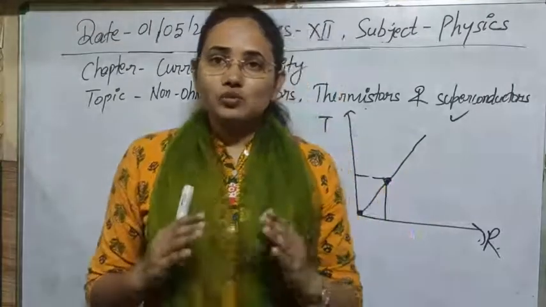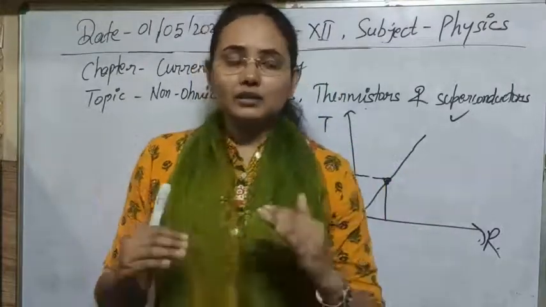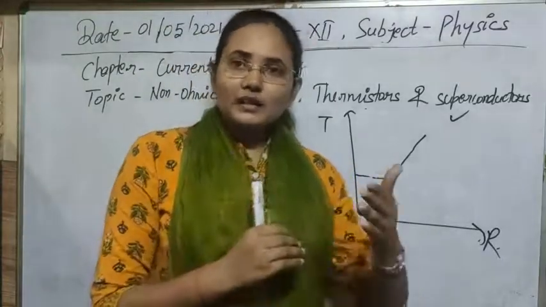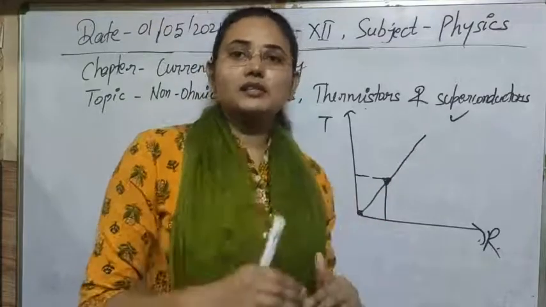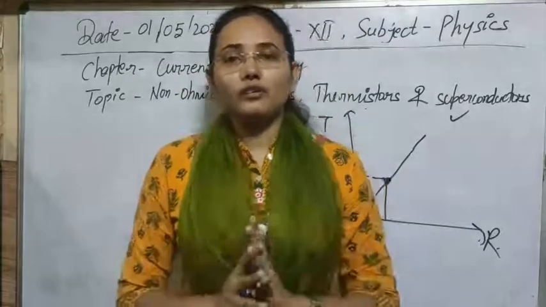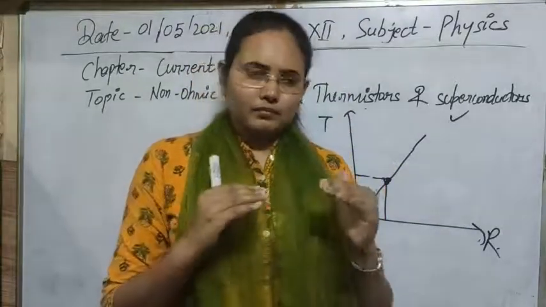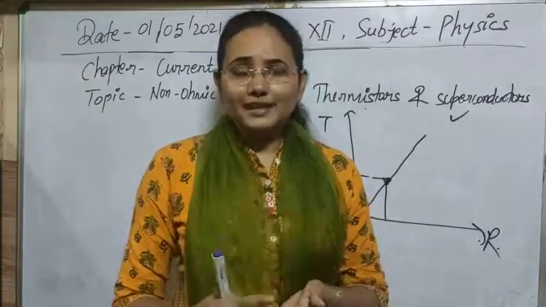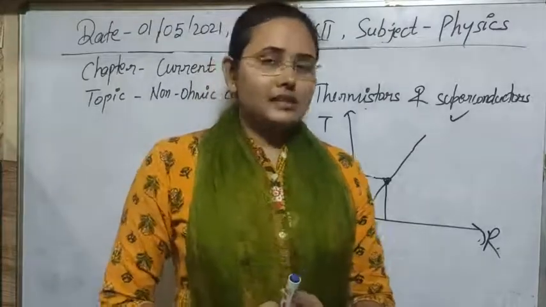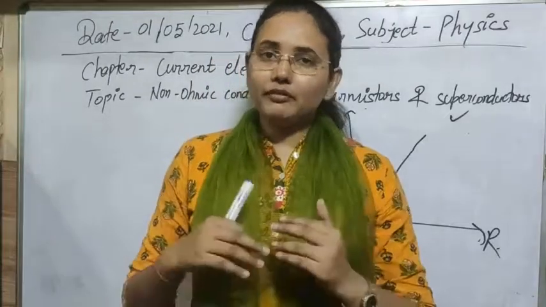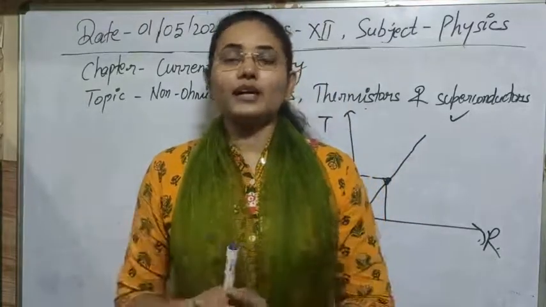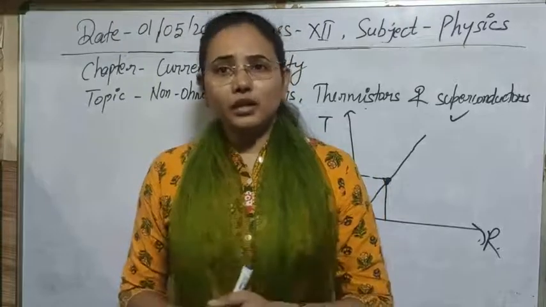Like mercury shows superconductor behavior at some 4.7 Kelvin temperature. So when it reaches that temperature or goes below it, then its resistance suddenly becomes zero. It means it will not impose any kind of opposition in the path of current flow. So the simple thing is that after that temperature, if current is flowing in such kinds of conductors, then that current will flow without any resistance. There is no collision between the electrons now.